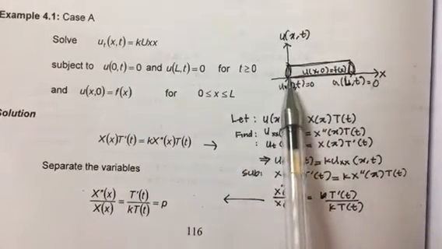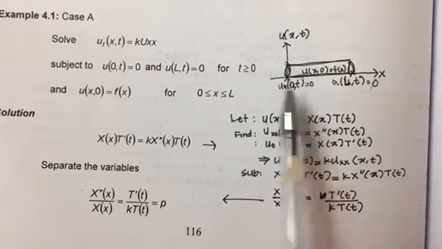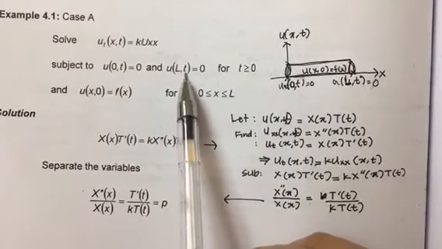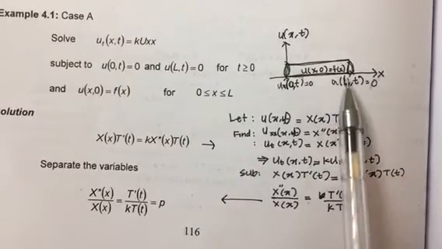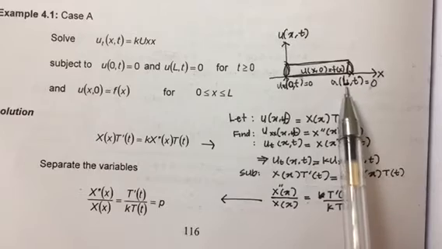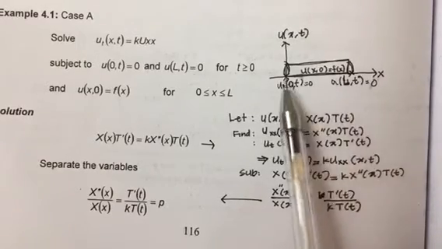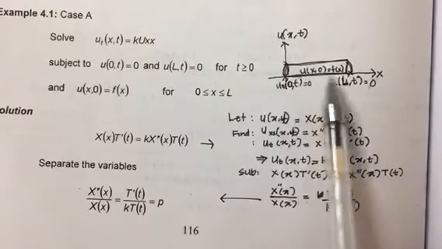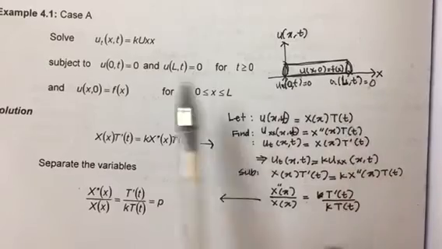That means at x equal to 0, the temperature equal to 0. And u(L,t) equal to 0, the end of the wire at length L, x equal to L, the temperature equal to 0. So both ends are kept at 0 degrees Celsius. And